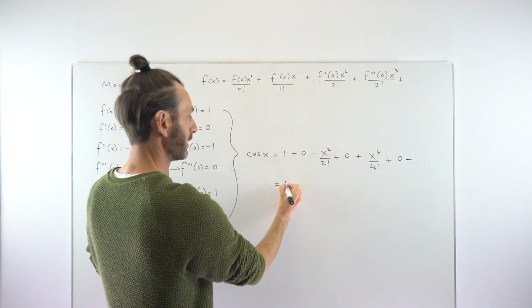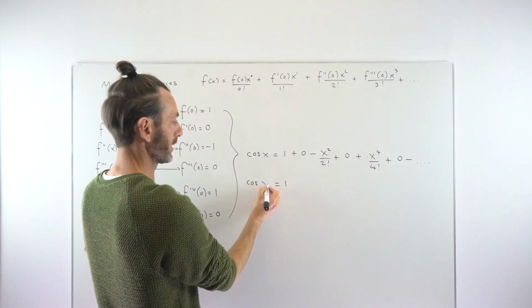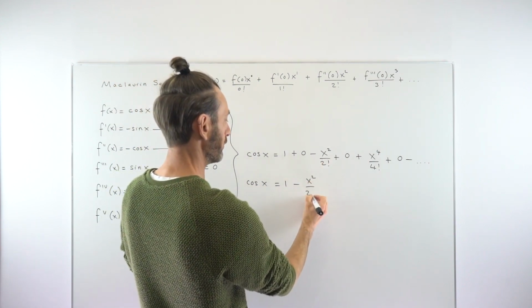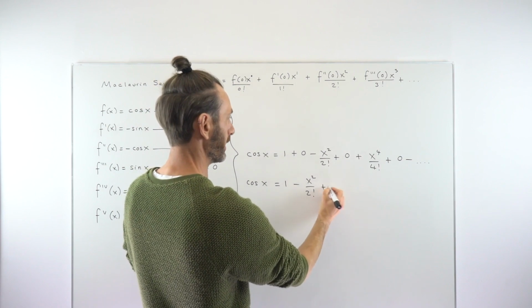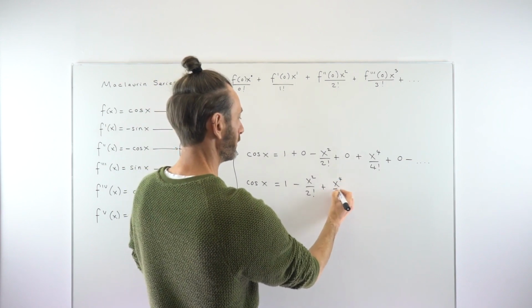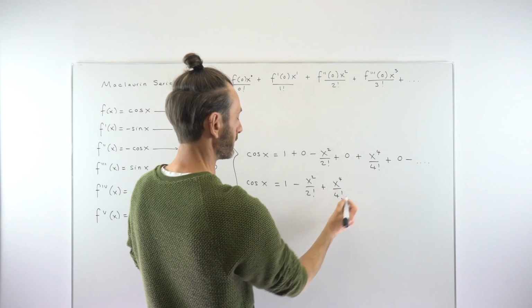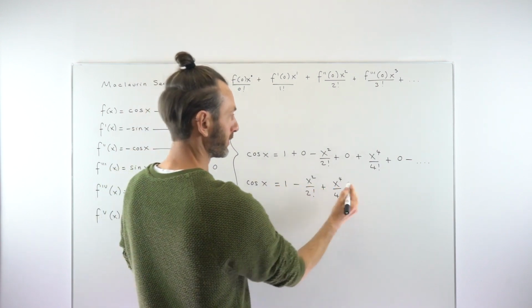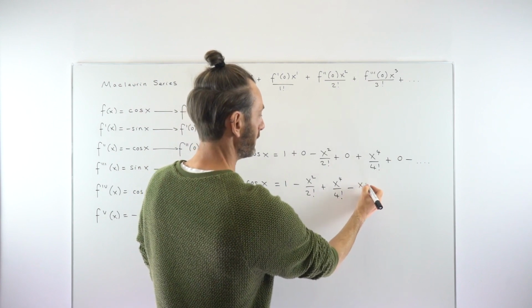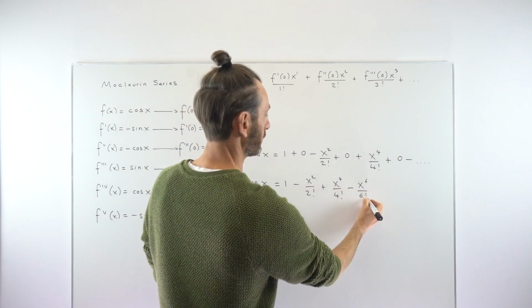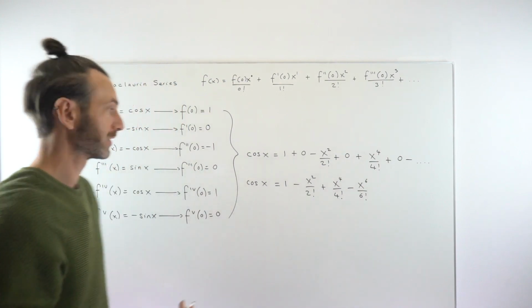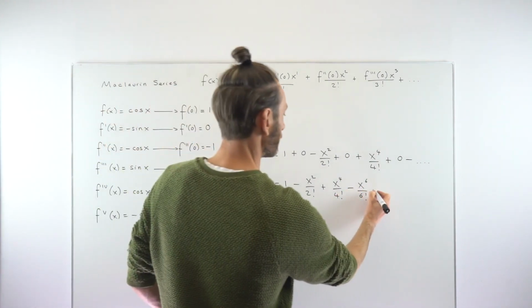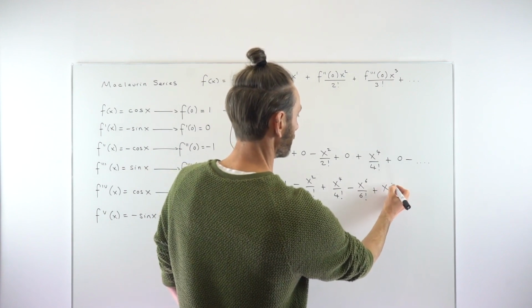So our first term this time is a 1, so this is for cos x. Then we've got minus x squared over 2 factorial, then the 0 again, then x to the 4 over 4 factorial, then the 0. So a negative term, a positive term, then negative, then positive. Next one would be negative. You can see it's going to be x to the 6 over 6 factorial. And this is all really because of the cyclical nature of the derivatives. That's why we're picking up these patterns. So that's then going to become a positive x to the 8